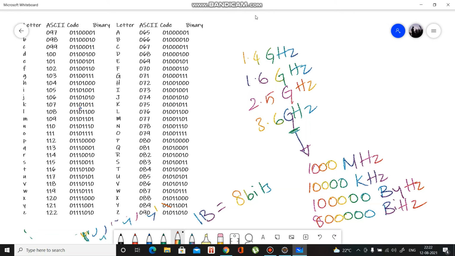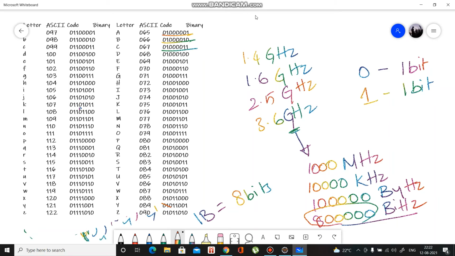So these are all zeros and ones. 0 is 1 bit and 1 is also 1 bit. So in a single hertz it can calculate over 8 lakh bits.